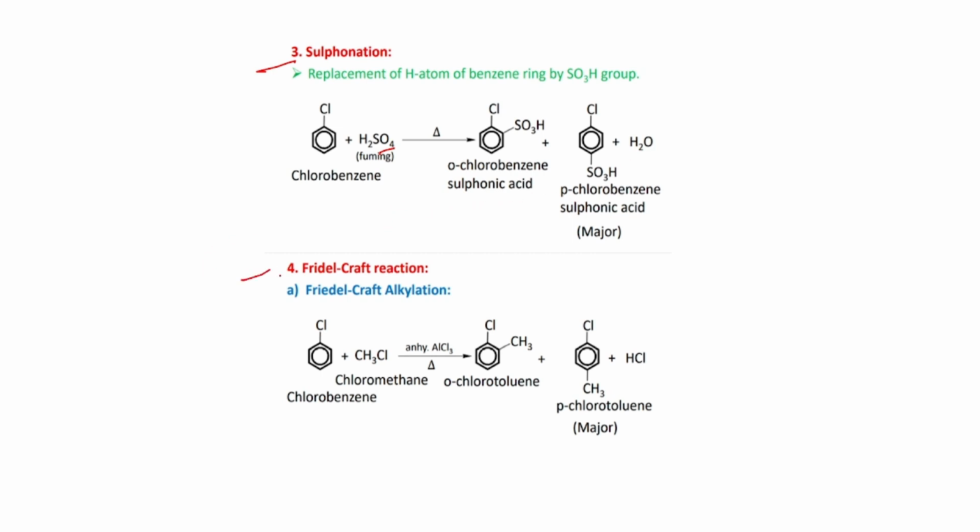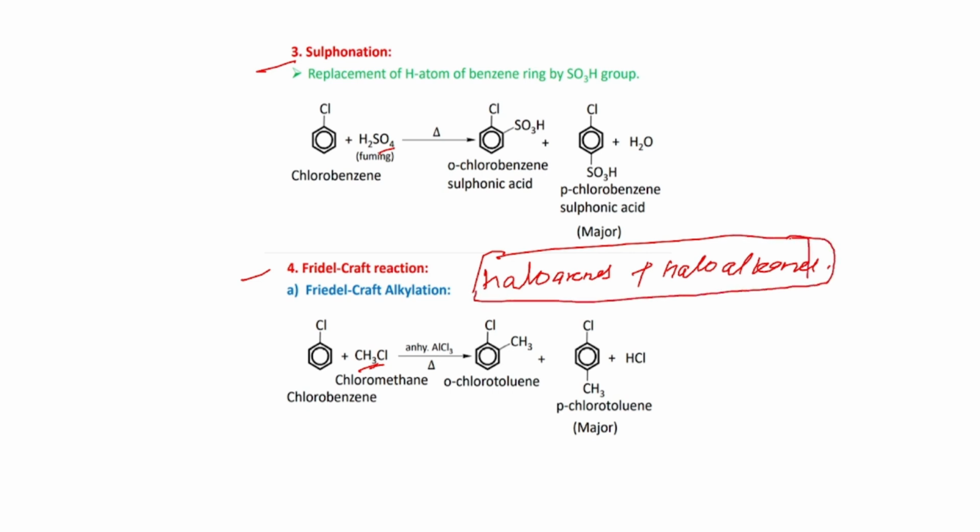The next type of reaction is Friedel-Crafts reaction. In Friedel-Crafts alkylation, when chlorobenzene reacts with chloromethane, so we can say this reaction takes place between haloarenes and haloalkanes. So यो रिएक्सनमा haloalkane and haloarenes are reacted in presence of anhydrous AlCl3, and it gives orthochlorotoluene and parachlorotoluene. सिम्पली हामीले भन्न सक्छौँ यो चाहिँ के हो